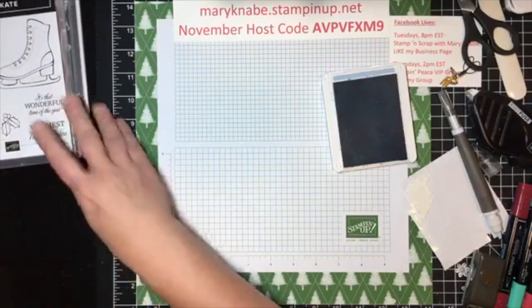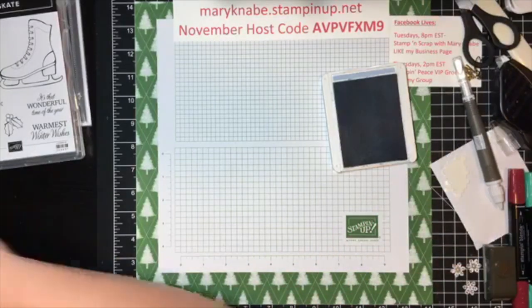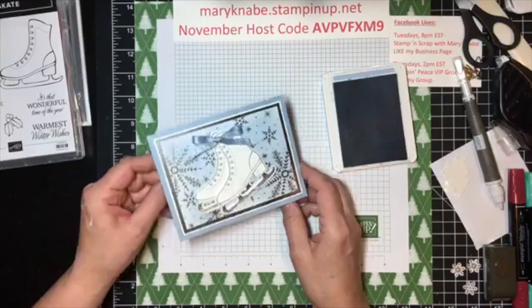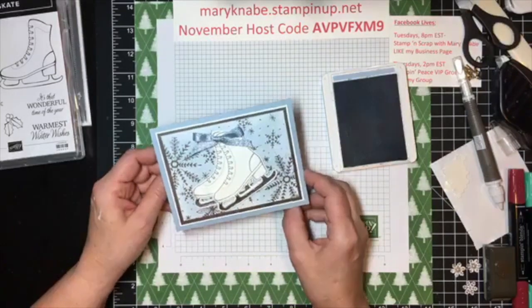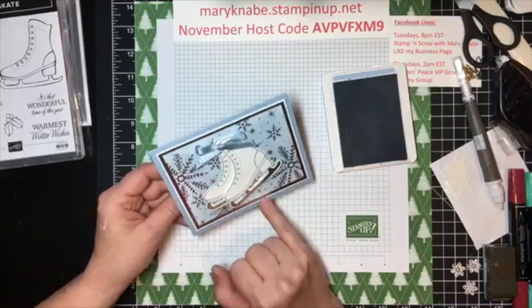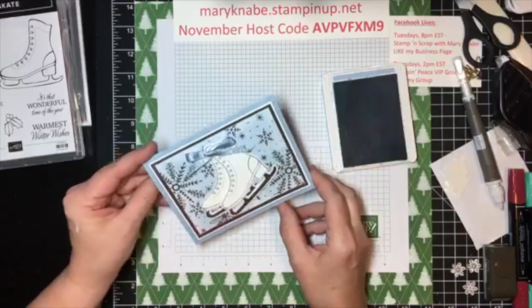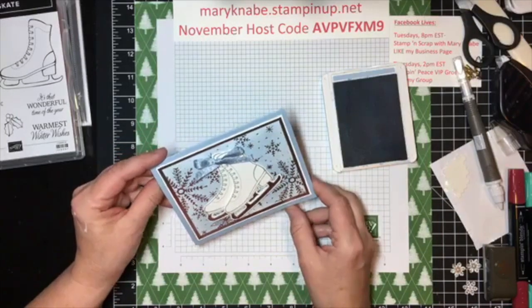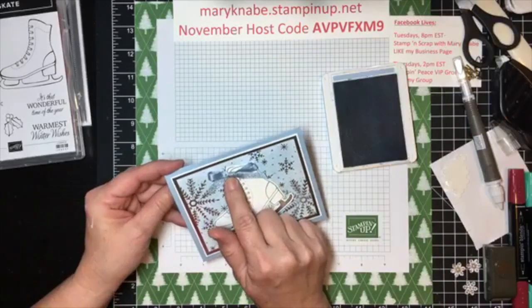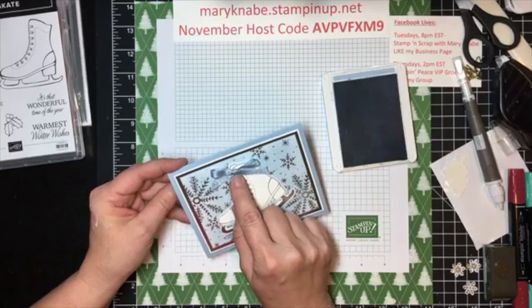Okay, now let me go ahead and show you the second card. This is the second card. Okay, I've added a couple of additional layers from the first one. Okay, the skates are basically the same, except I tied a bow using the Seaside Spray shimmer ribbon, which is